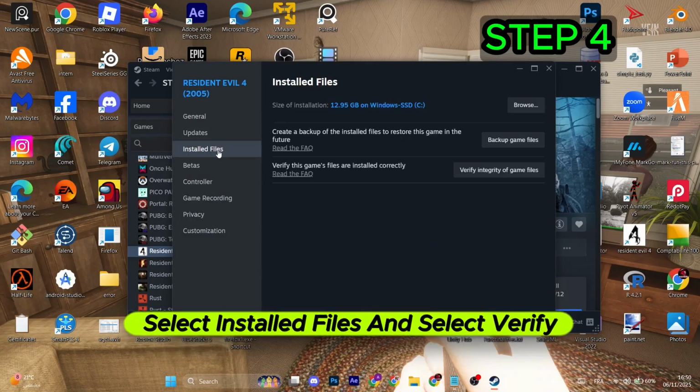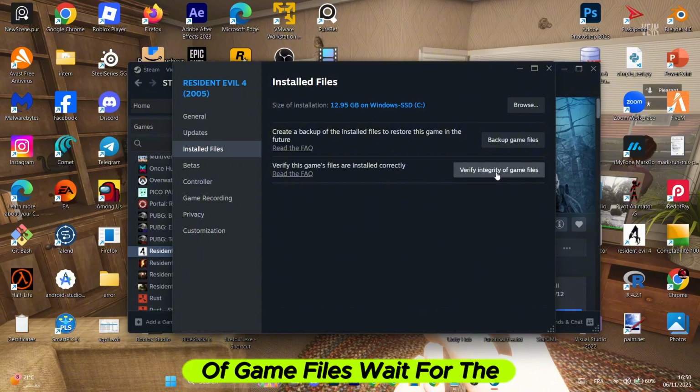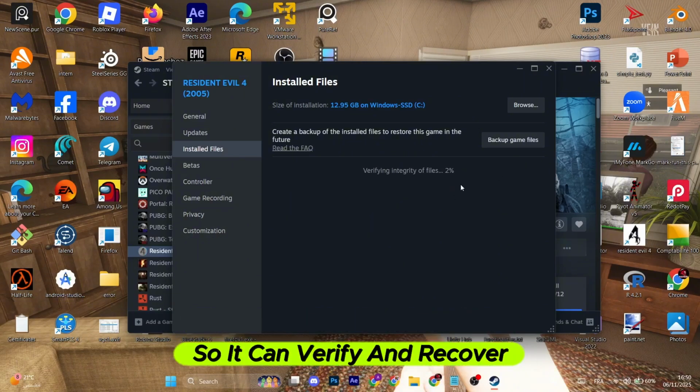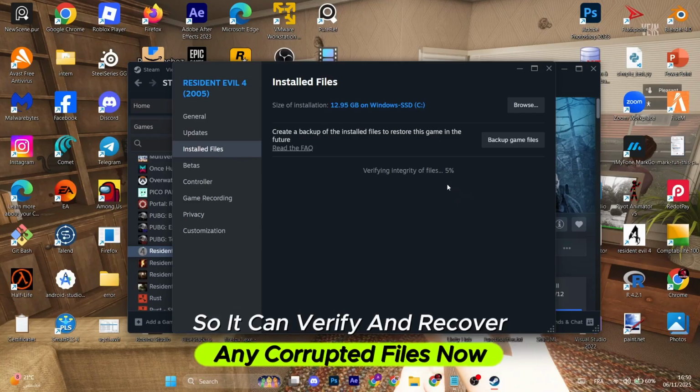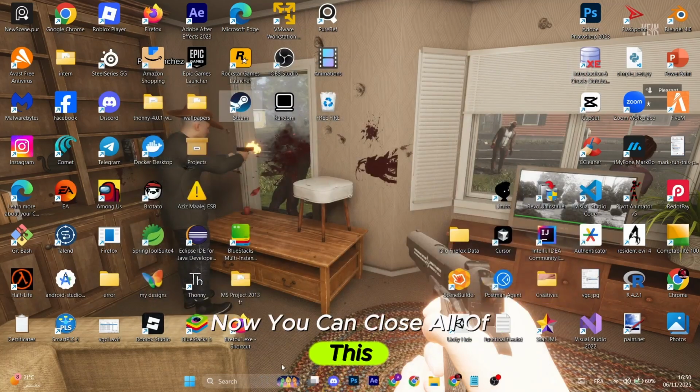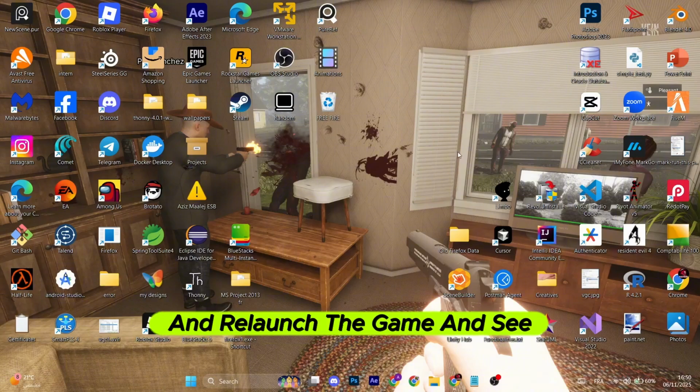After that, select Installed Files and select Verify Integrity of Game Files. Wait for the process to finish so it can verify and recover any corrupted files. Now you can close all of this, restart your computer and relaunch the game and see if the issue is